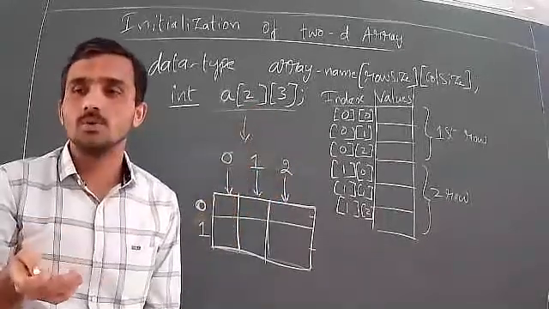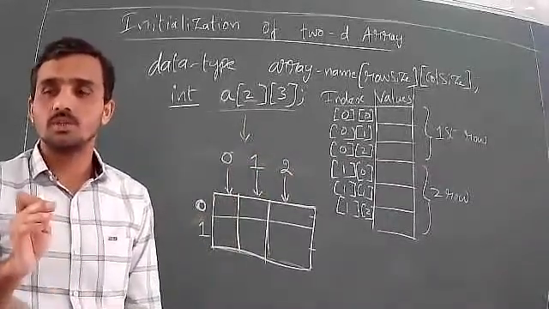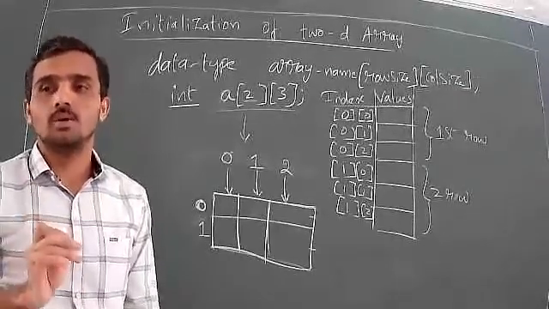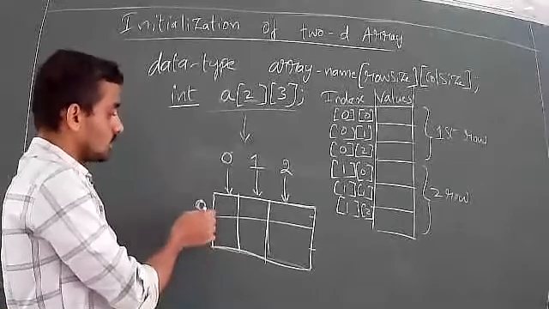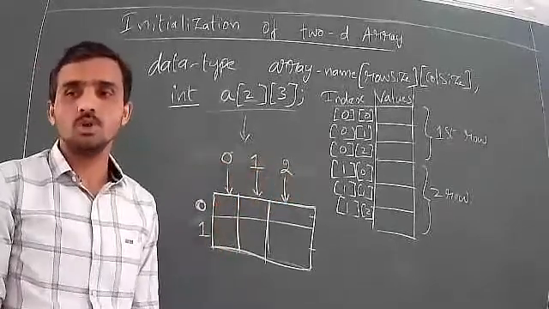Always, in the real world, if you say 1, in an array it becomes 1 minus 1, which is 0. So if it is 1 in the real world, in an array it is 0. If it is 2 in the real world, in an array it is 1. Okay, like that. So row number 0, row number 1, column number 0, column number 1, column number 2. Okay, right. Next.